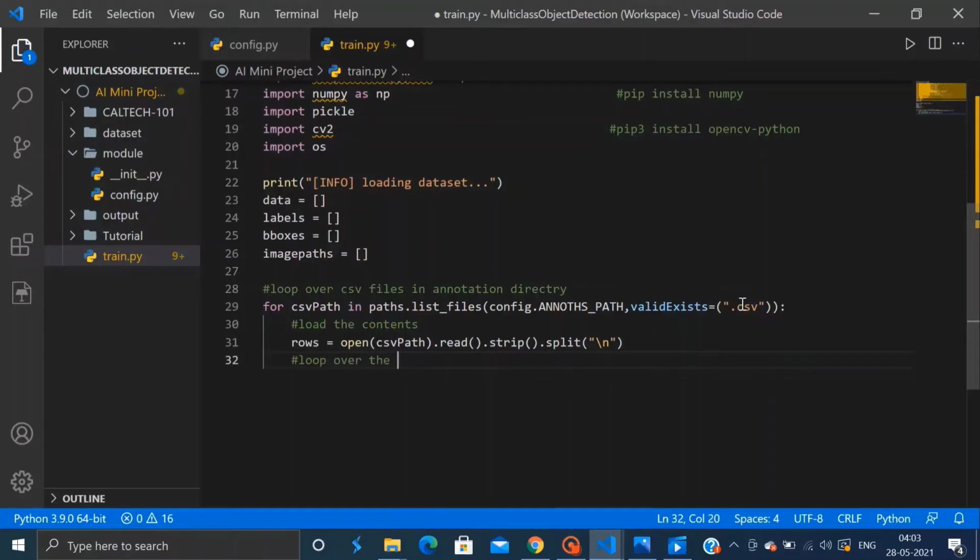Then we will loop over the rows, and inside our loop we unpack the comma delimited rows.